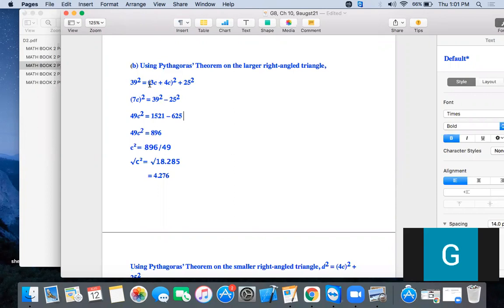We have to rearrange these. The value we have to find, we keep it on one side of the equals sign. This one moved over here, so we wrote it like this: plus 25 square becomes negative, because we moved it to the other side of the equals sign. Now similarly take the square and then subtract them and take a root, and finally you get your answer. So what you have to do, you find the value of C.